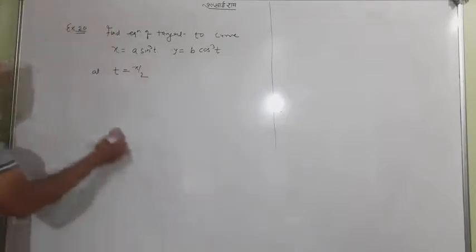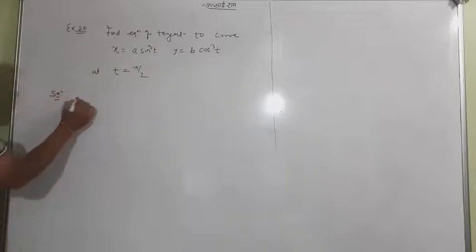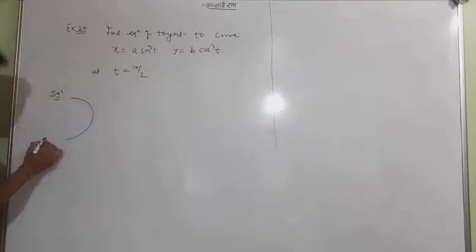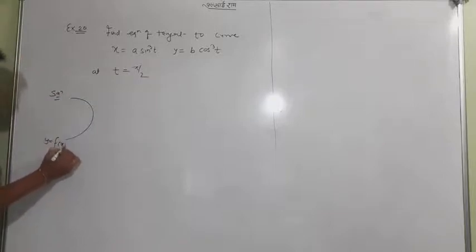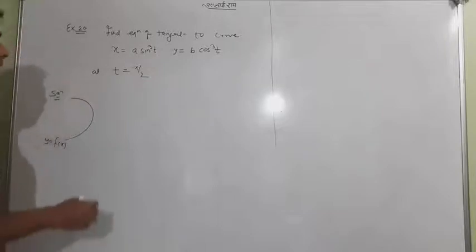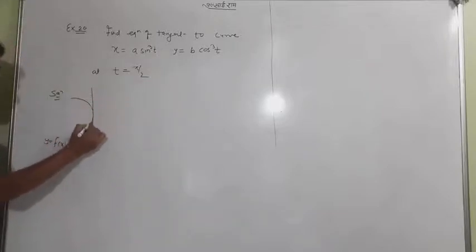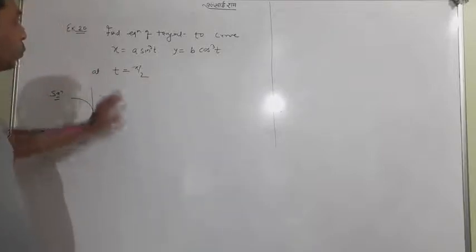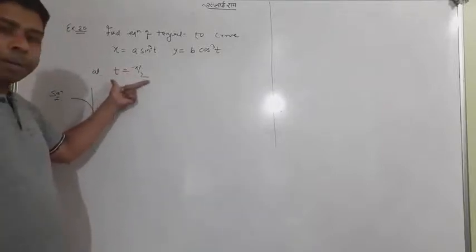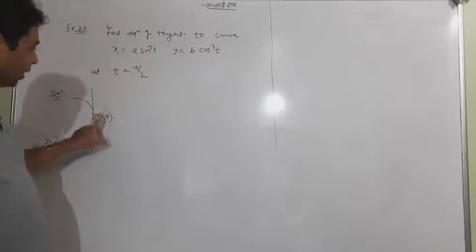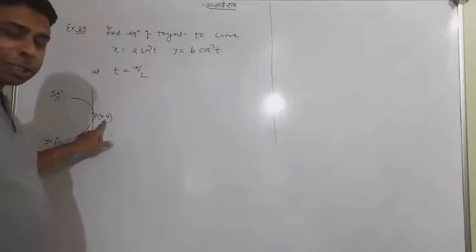Okay, I'll tell you. The first question is very common. Suppose it is a curve y equal to, what is the function? Even though it is in parametric form, I will write y equal to f of x. And then this is a tangent at P, which is x, y. I don't know what is x and what is y. But very important, t equal to pi by 2 is given. So you don't be afraid about that. When t will be pi by 2, so very interesting this is.